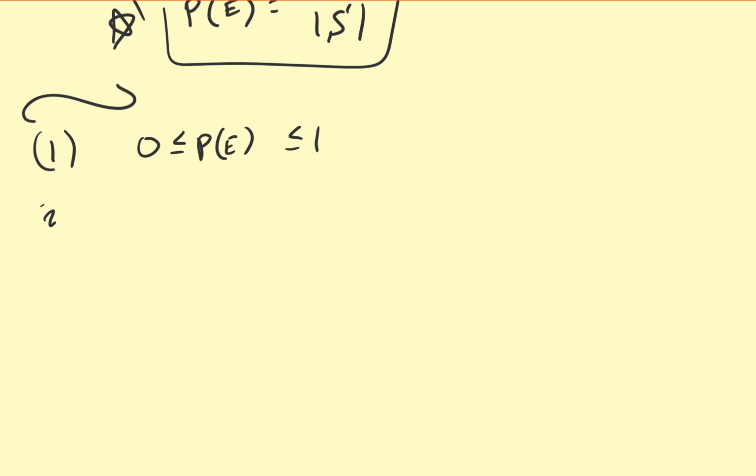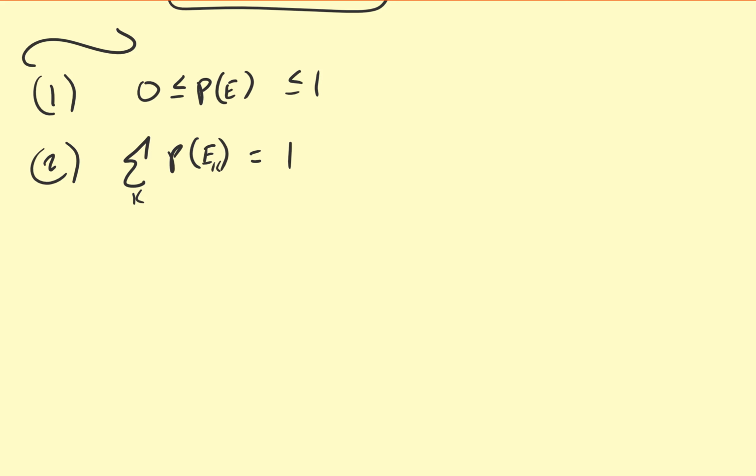The second property says this, that the sum of all of the probabilities is equal to 1 as well. So if you have, say, 5 possible events, then the sum of all those events is going to come out to 1. And also, since an event and its complement is equal to its sample space,